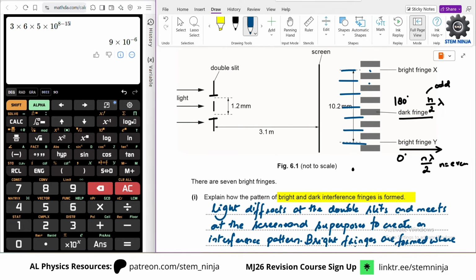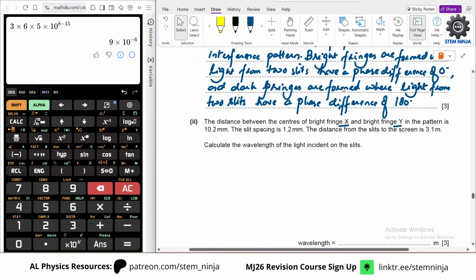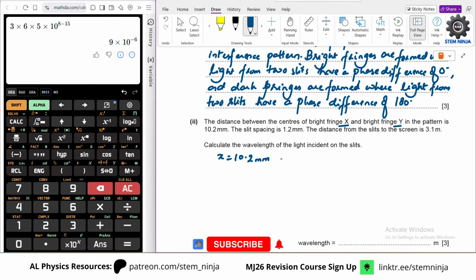Not bright fringes, 7 bright fringes, but the distances between them, notice it's 6. X basically would be 6. So X is basically 10.2 millimeters, or let's convert it into meters,